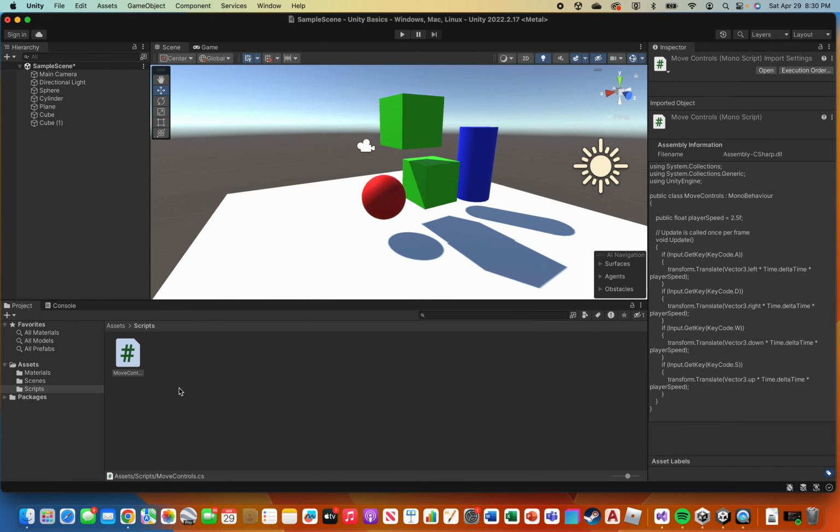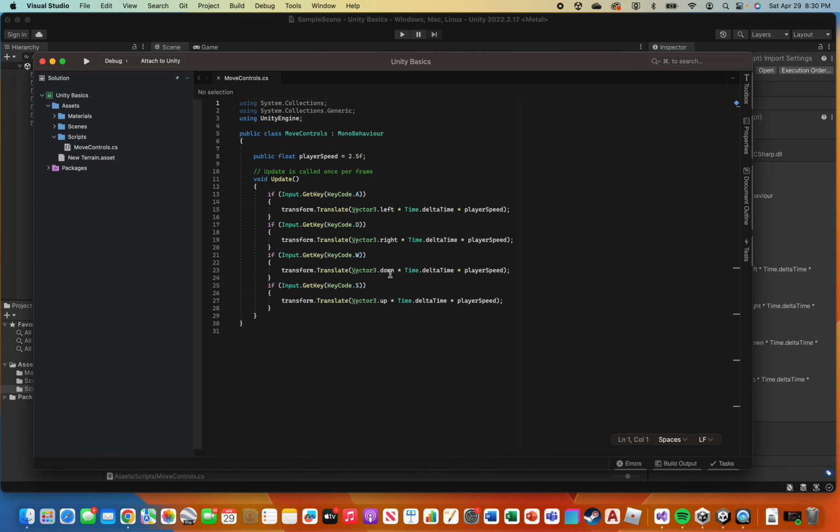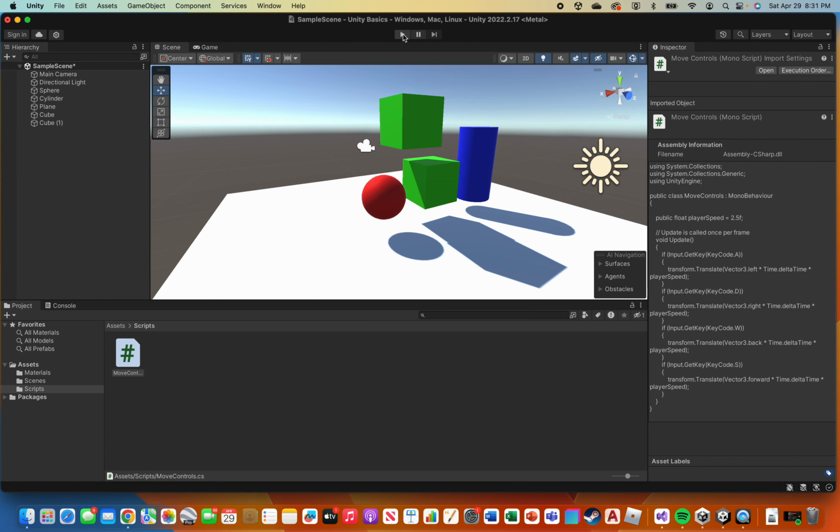So let's stop that and go back into our code. I used the wrong terms. I was supposed to put back, oops, I promise I can spell, and forward. So forward and back. Up and down is literally up and down, like jumping. So let's save that. Those are the different Vector3s: you've got left, right, back, forward, up, and down. And if we play it now,